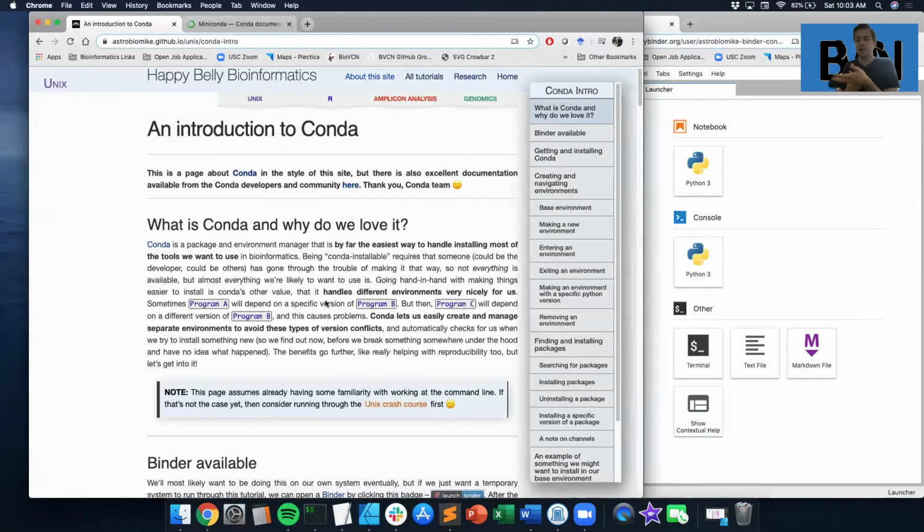One of the things I like to think about is that I've been doing this for 10 years, and for a very long time I was resistant to Conda, thinking, I know how to install programs, I can get things to work, why would I want a tool like this? But Conda actually provides something that a lot of other instances don't, and that's control of your environment in a way that allows you to have specific setups for specific bioinformatic tools so that they continue to work in a fashion that's, one, consistent, two, easy to upgrade and reinstall if necessary, and then three,